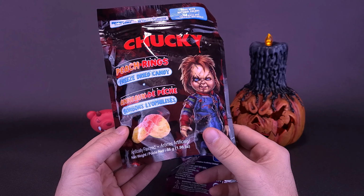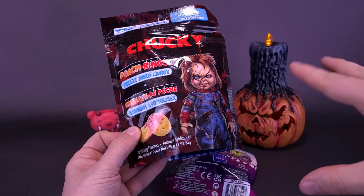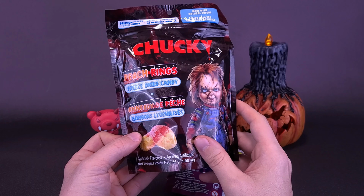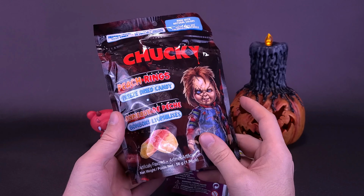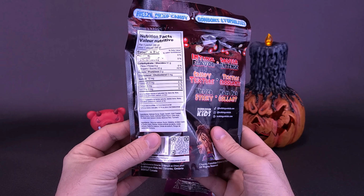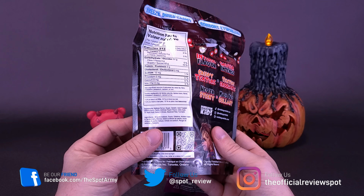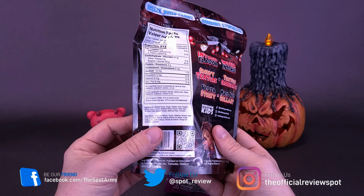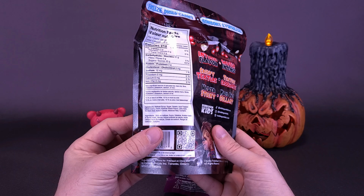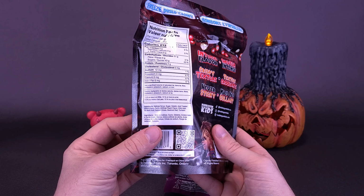They've also released, I think, Chucky Gum too, that Boomer the Nerd has done during his spooky-related month. That's made with natural colors, which is at least a good thing. It's a premium freeze-dried candy. On the back, should we even bother looking at the ingredients? It says not a significant source of saturated fat, trans fat, fiber, cholesterol, potassium, calcium, and iron. So if you were hoping to go into this with at least your required daily amount of potassium, you're going to be let down